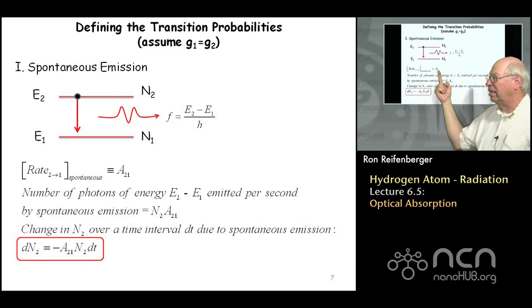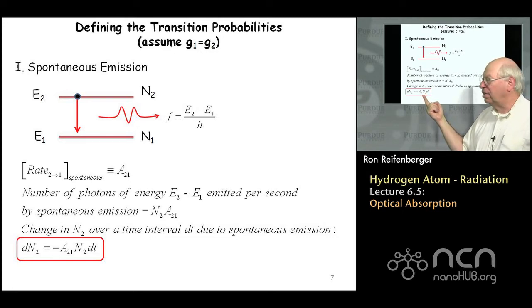So this is the rate by spontaneous emission, and an electron can go from energy level E2 to E1. What we're interested in is if initially there are N2 electrons in energy level E2, how does N2 change with time? Well, N2 is going to change with time in the way that I've indicated by the equation in this red box, right? If you know this emission rate, and you know the number of electrons initially in that energy level E2, then